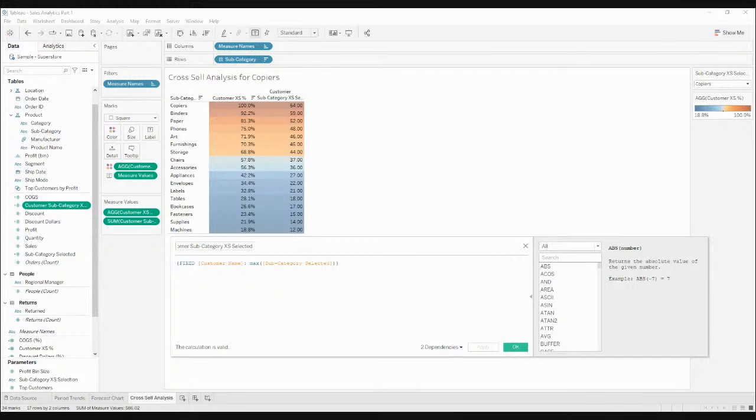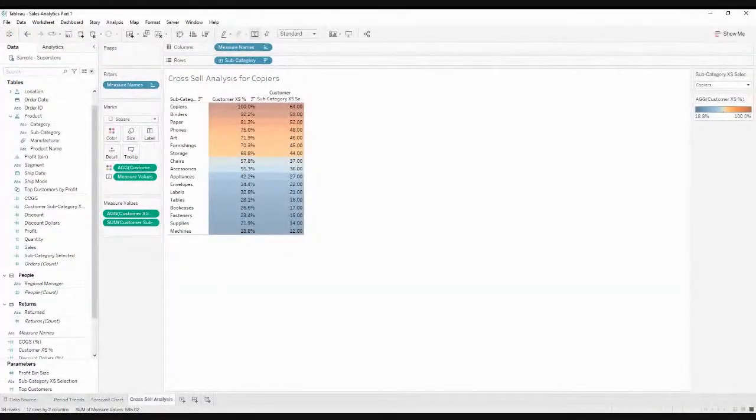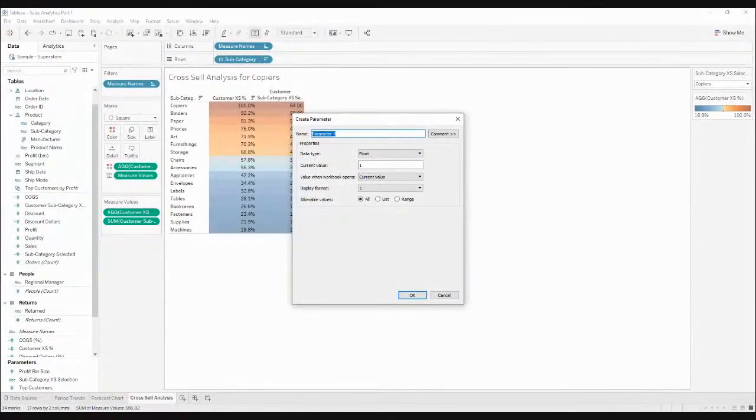So I want to do something similar where if this is true and they have a subcategory of something else, then let's go ahead and create a lead list where they're in this group, but not in this group, right? So we'll subtract that out essentially. And I think there's a way to do that with sets, but we're not going to be that fancy today. We're just going to create another parameter, and we're going to say